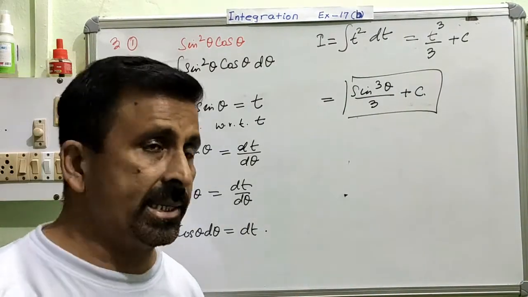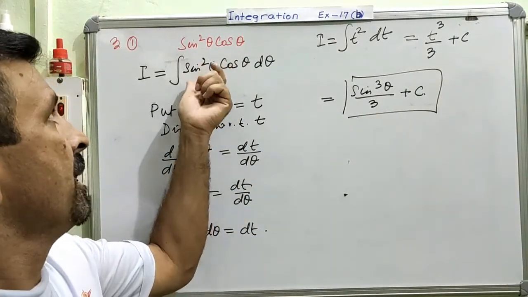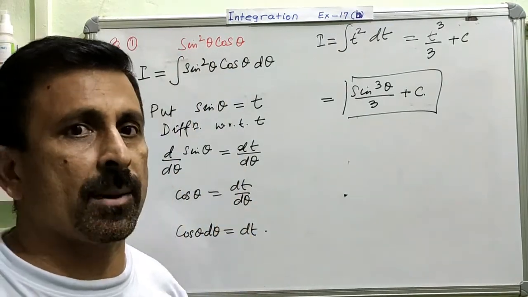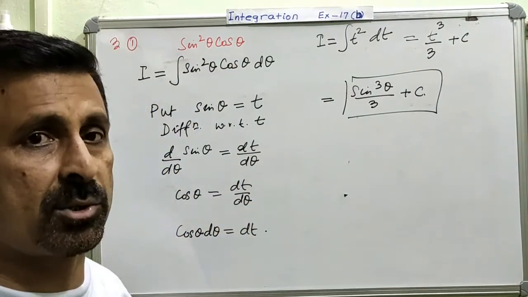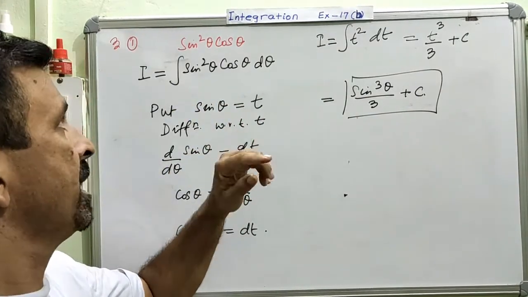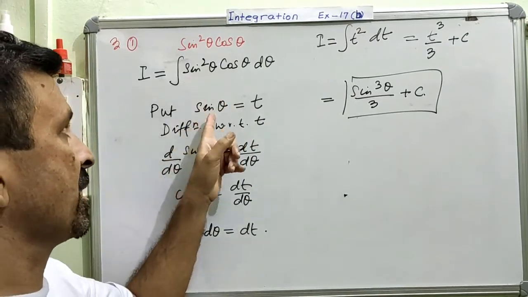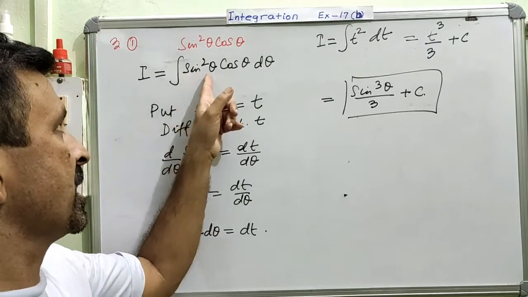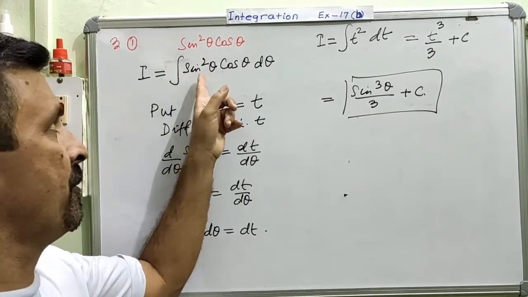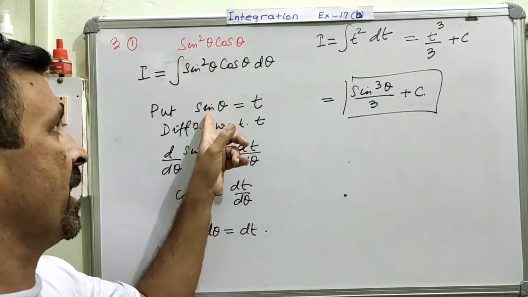I tried to explain to you in detail. Once again, a very quick revision summary of this question is, this function is given to us in the form of product, and we know that there is no rule for the product. Therefore, we are managing with the substitution method. So from these two functions, we will choose the higher degree, right? Every time we will choose the higher degree. So this is the higher degree, that means this is substituted as equal to t, right? That means now this part is going to be written in the form of t. So when this part is written in the form of t, for this also we have to find the same variable, in terms of the same variable. Therefore, we are differentiating this part.